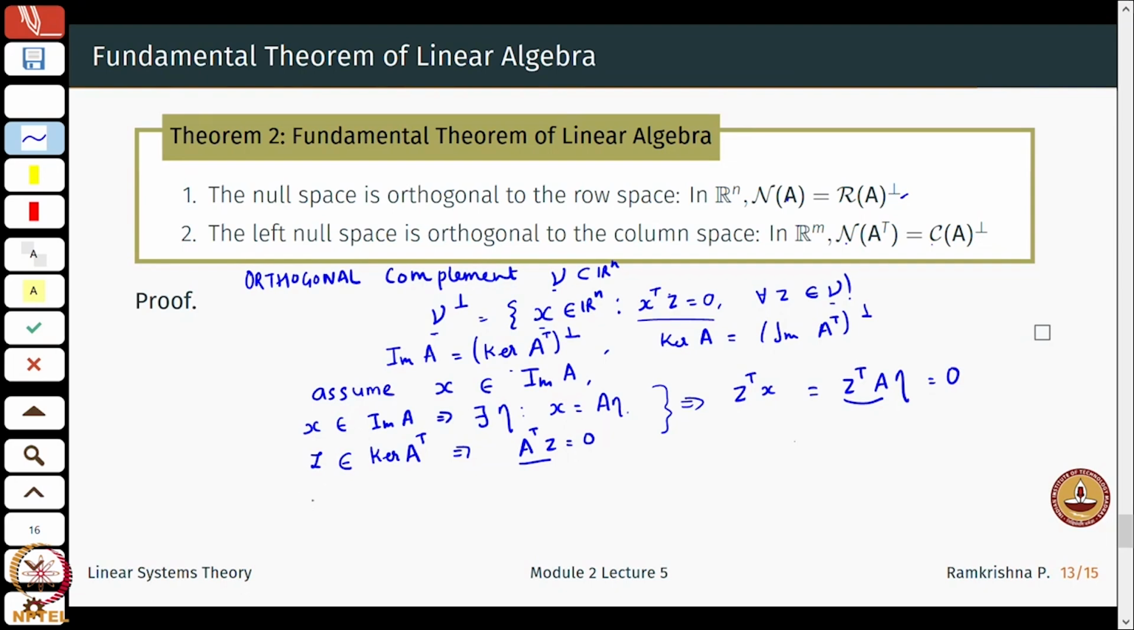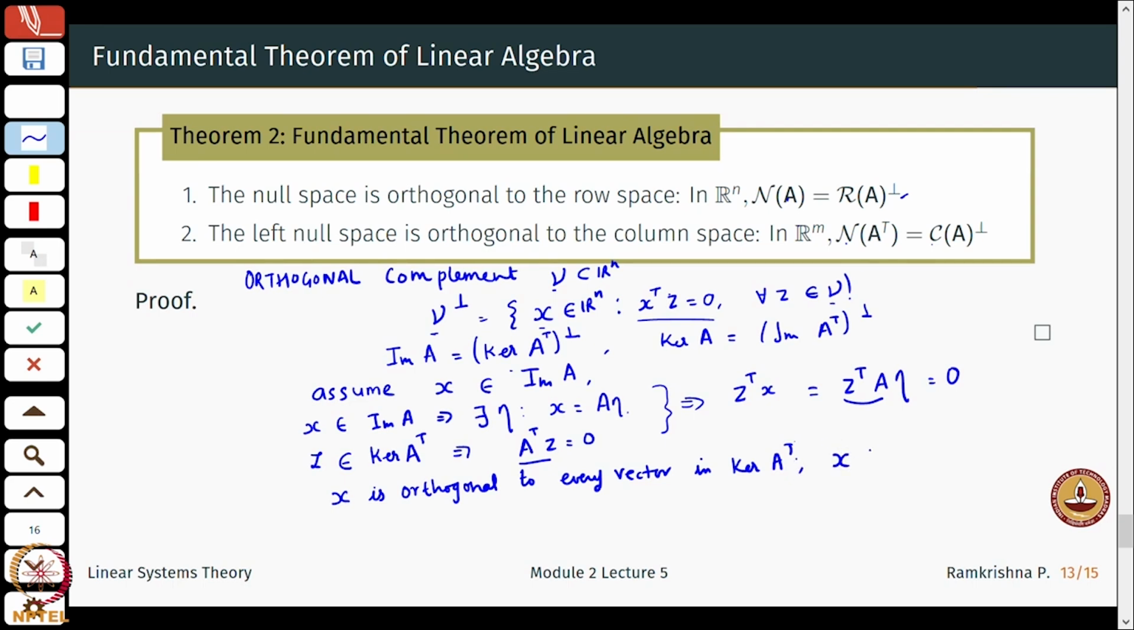So, x, this vector is orthogonal to every vector in the kernel of A transpose. Okay. So, we have not proved yet, right. What this actually means is that x is orthogonal to every vector in the kernel of A transpose,